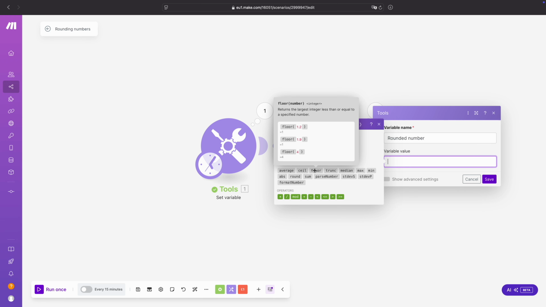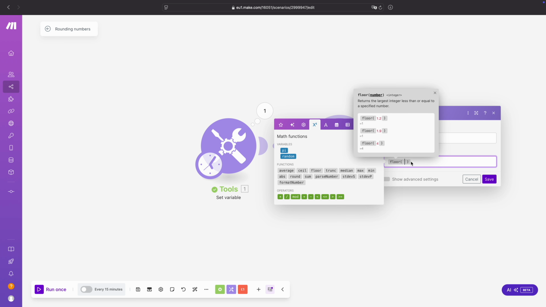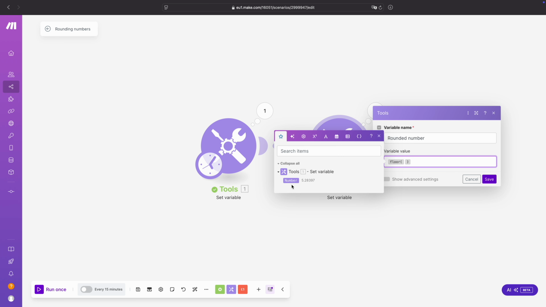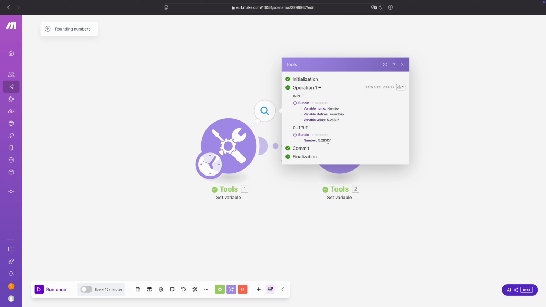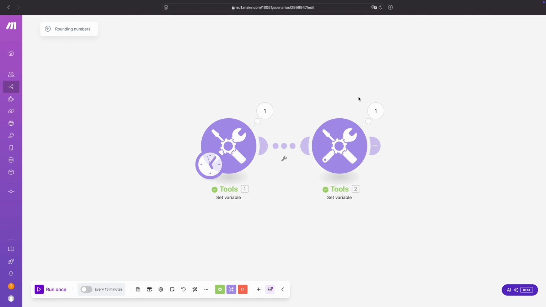And then it also gives some examples. So over here we have floor. And then we go back to our star. We again insert the number. I click save here again. Click run once, and then you'll see now, so we have here 5.28397. Now yeah, the nearest number that is lower or equal to this number is, of course, going to be 5.